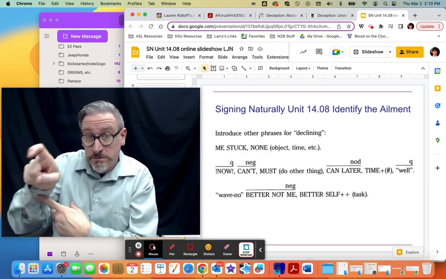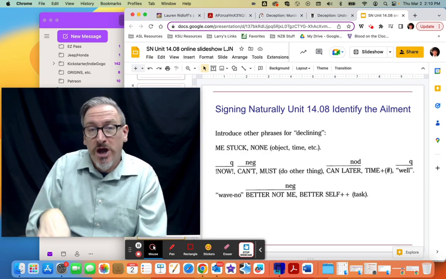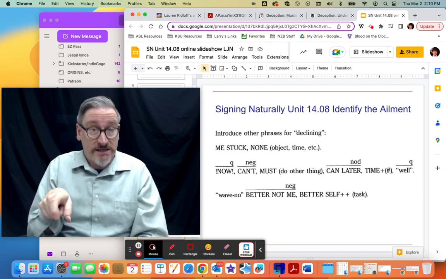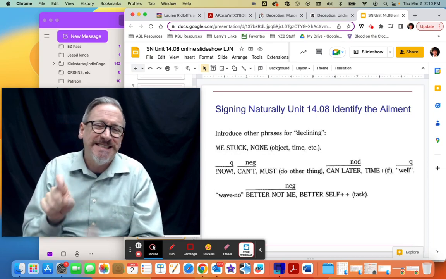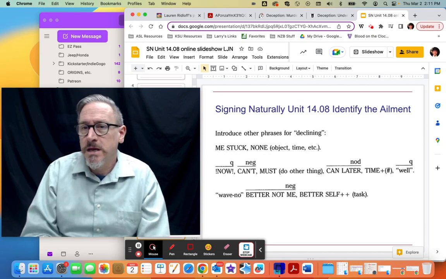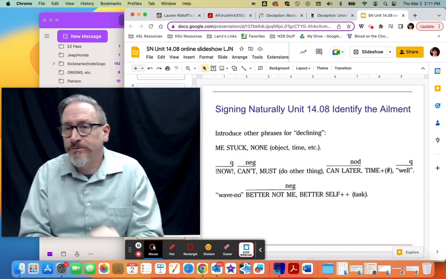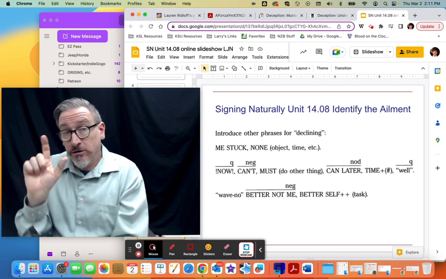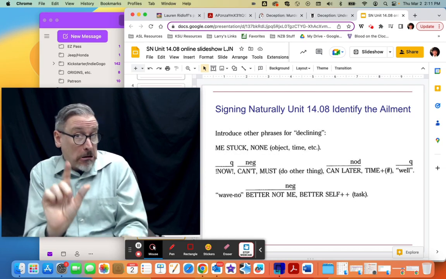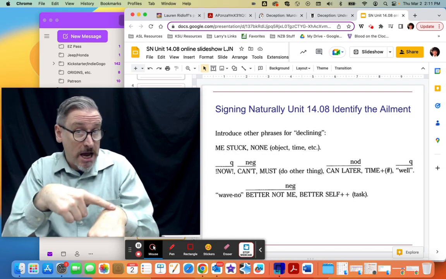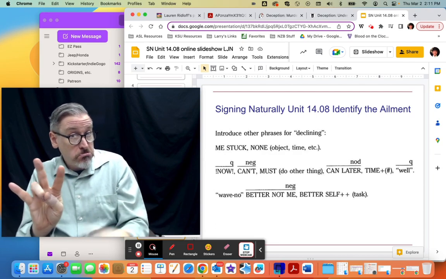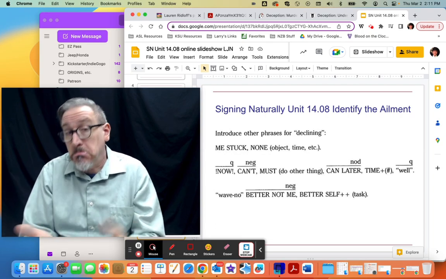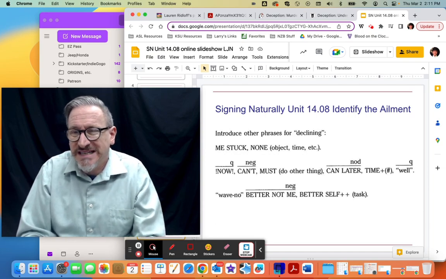I must. So remember, if it's insistent, oh, I should go home. A little bit less insistent. That's insistent. Oh, I have to work versus I really should work. Right? Or any other verb. Can later. We've seen later, like the clock dial later. Later. And you can even be more specific. Time 7, right? Or tonight. And then goes right.